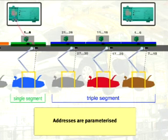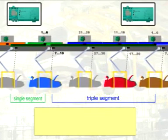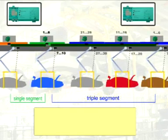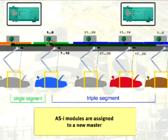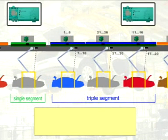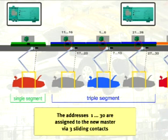The green carrier with the ASI modules leaves the single carrier segment and is then assigned to the following control segment. Since it is now assigned to the ASI master controlling this section of the conveyor, it is depicted in blue. This reassignment occurs when the sliding contacts come into contact with the fixed contact rail. Here, 3 overhead carriers with differently addressed ASI modules are present in one control segment. Because the contact rail divides the conveyor into control sections, each ASI master will only detect ASI modules with allowable